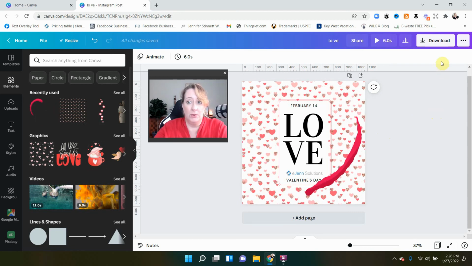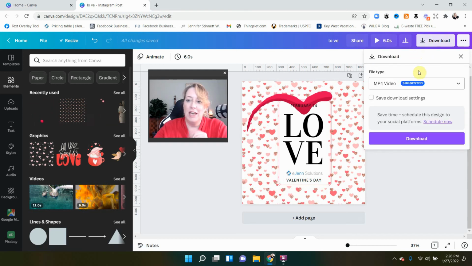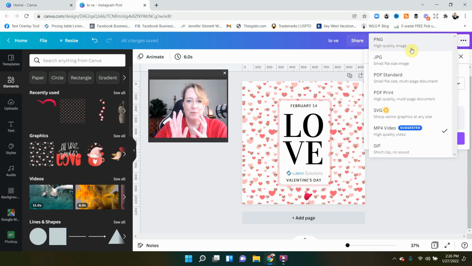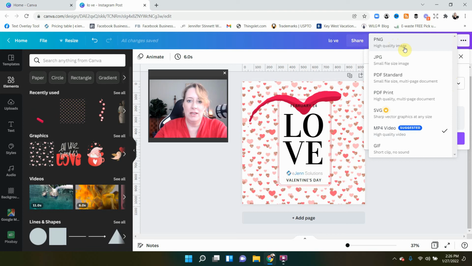Now for the download. That piece is where I love Canva again. We're going to come to the download section. If you just wanted a static picture, that might look a little weird with the heart. You probably aren't going to get the full heart image on that, especially this one that's circling around.